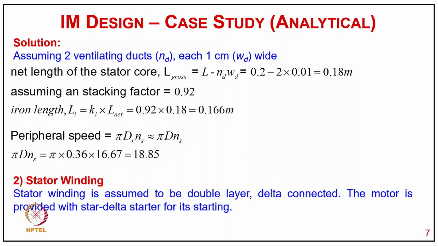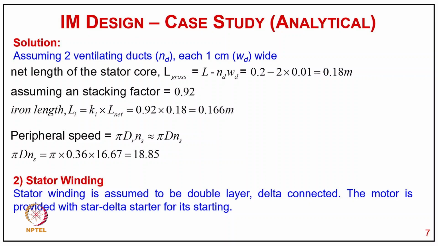or 18 centimeter. So considering a stacking factor of 0.92, this stacking factor also depends on the thickness of the lamination and the kind of insulation we are providing on the laminations of the ferromagnetic material which we are using for designing or manufacturing this induction motor. So now taking that factor, the effective iron length or stack length is Li equal to Ki into L net, and Ki is 0.92, putting the value of Ki and the net core length 0.18, it comes equal to 0.166 meter. So that's the effective ferromagnetic material length in the stator, along the stack length,